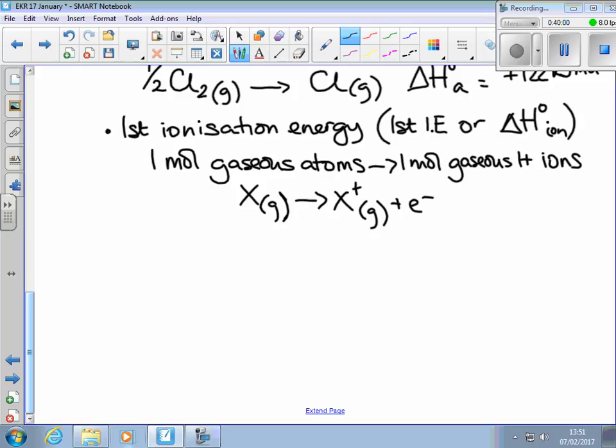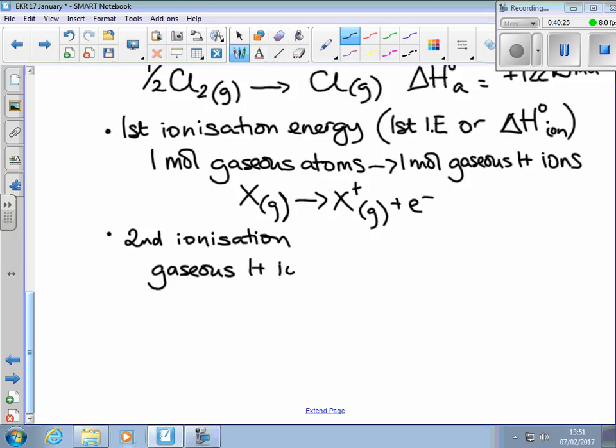But for magnesium it's somewhat easier because it has 2 in its outer shell. So we'll put the second ionization energy in. You could have others, but I might put it in brackets, because you'd just be going from here, from gaseous